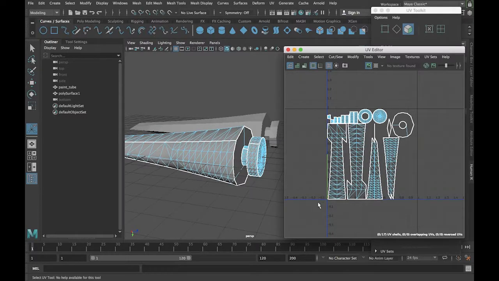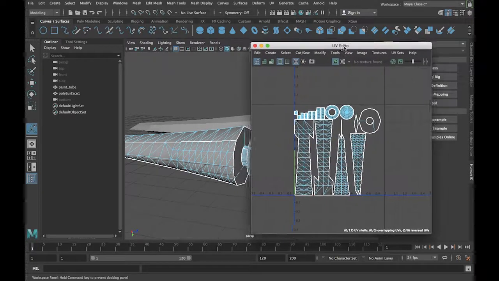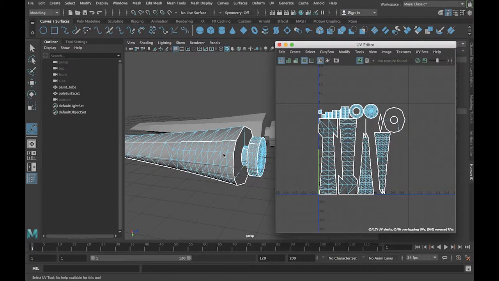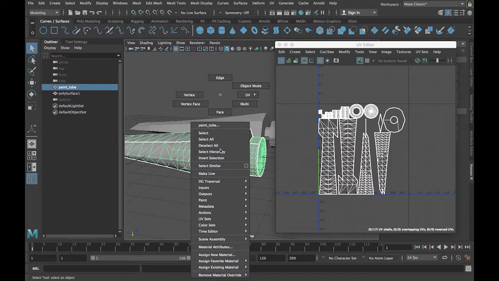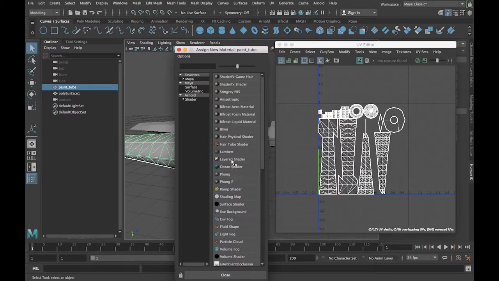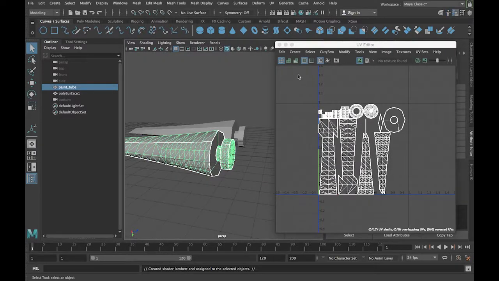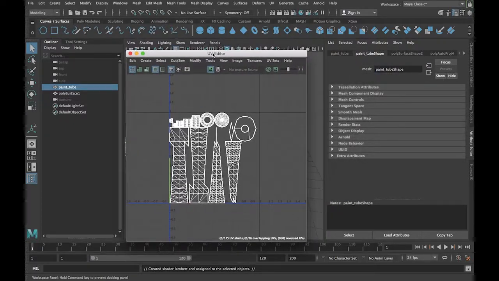Just to illustrate, if you were to apply a texture, and a texture would be some kind of image-based two-dimensional image that you would then link to your material under the color node. So let's go ahead and do that here. Go back to object mode, and I'm going to assign a new material, and I'll assign a Lambert. That's fine. And then in my